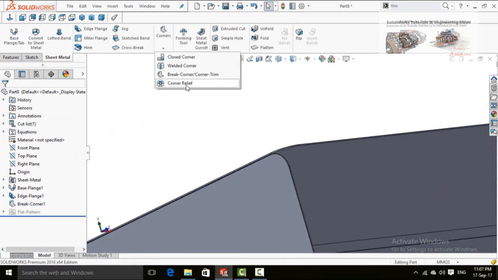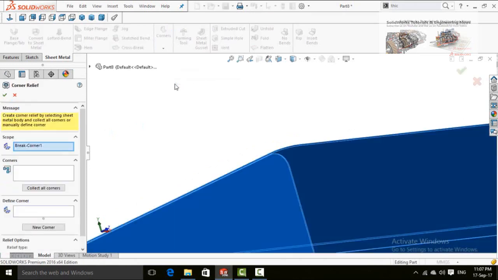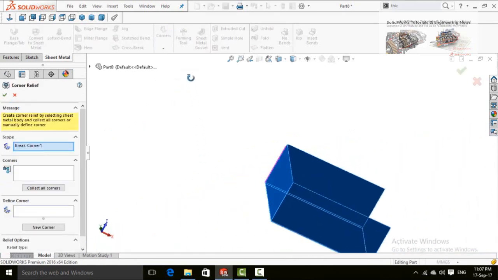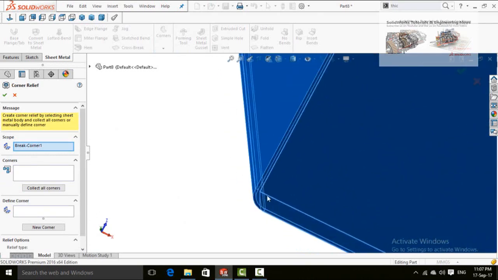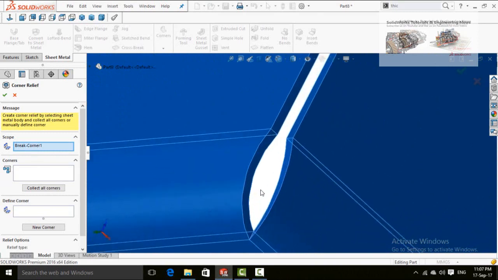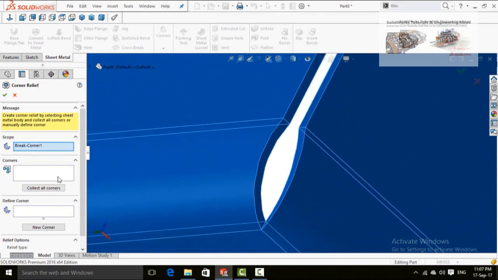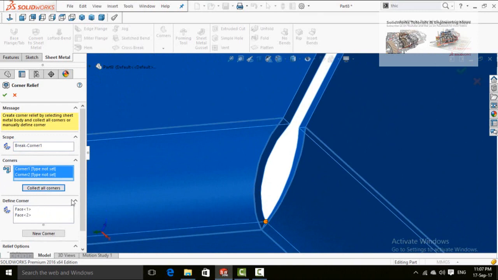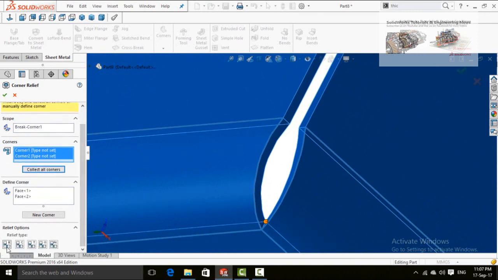After that we have corner relief. Click here, then zoom in. Press this button, select all corners. Type of relief: rectangular or circular.